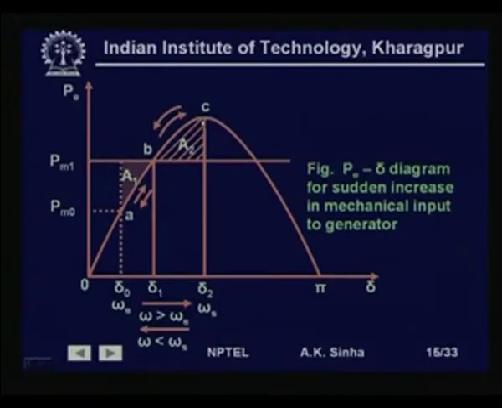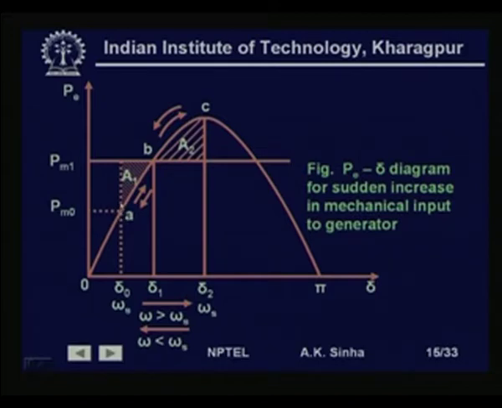and since P E at this point is greater than P m, there is deceleration and delta angle will reduce. So, delta will keep following this. When it reaches here, again P m and P E are equal, but the speed now has become subsynchronous, because from synchronous speed there is a deceleration which takes place, and here the speed is less than synchronous speed. So, again delta will keep on falling down, and when it reaches this point A, again